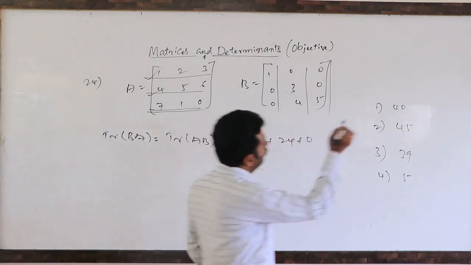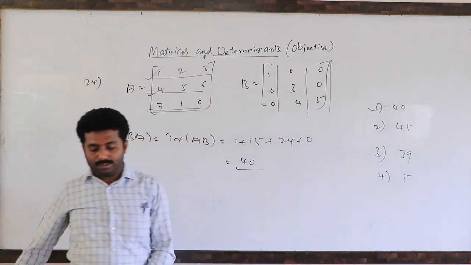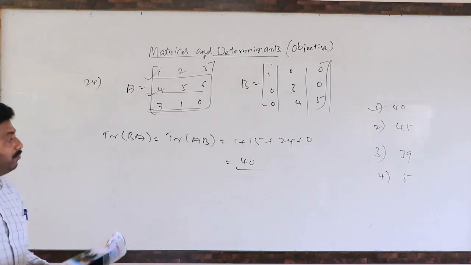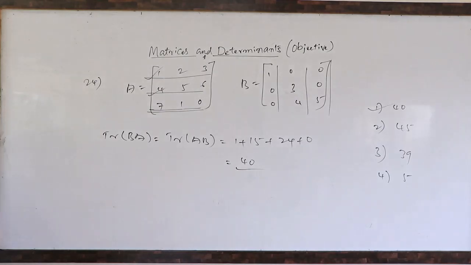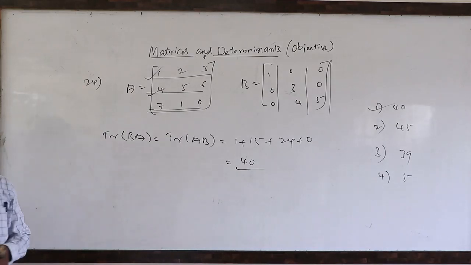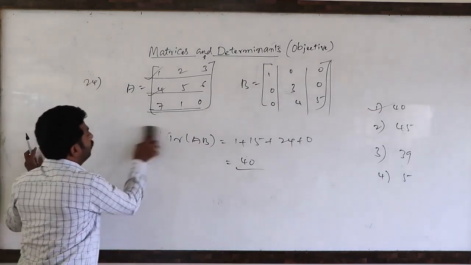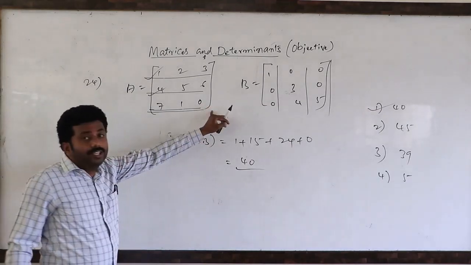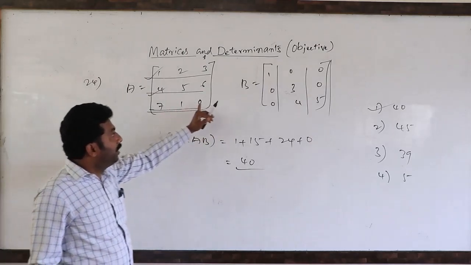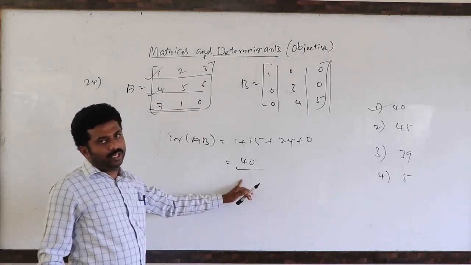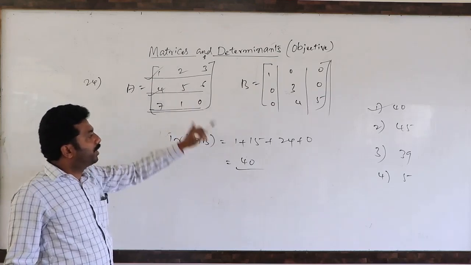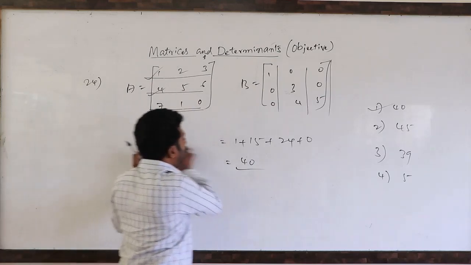So this is the first option. What is the trace of the matrix BA? Nothing but the first option we have to give as the answer. Right. Next question. I made a very short problem here because I am not calculating the complete AB matrix. If you want, you can calculate later. You can calculate the sum of the principal diagonals, or without AB also we can calculate the trace of the matrix like this.